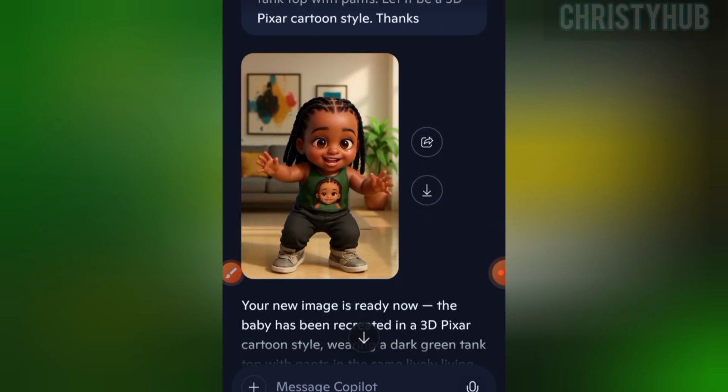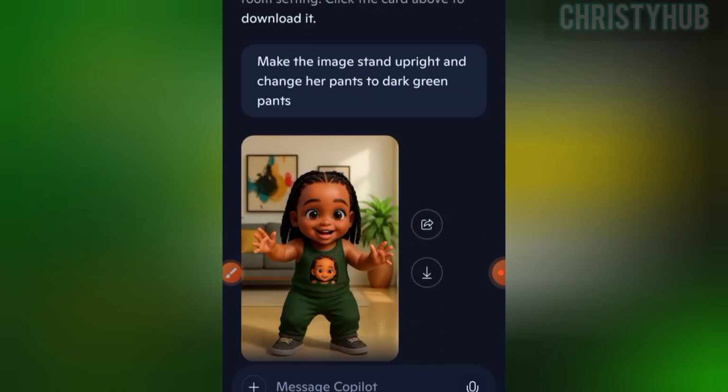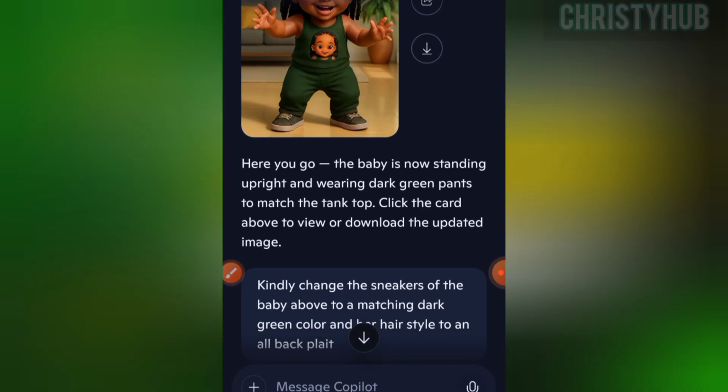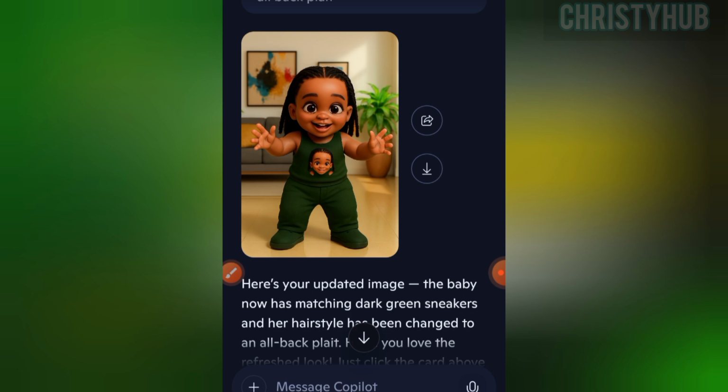And this is what it gave to me. I asked it to make the pants to match and the shoe to match with the top, with the tank top. And I got this at last. So this is a sample of avatar you can use to create the viral dancing AI avatar. So after getting your avatar,